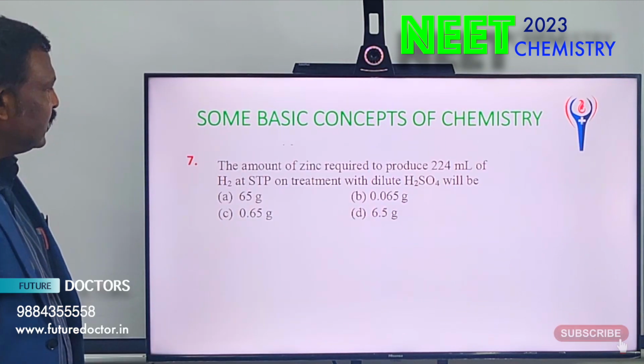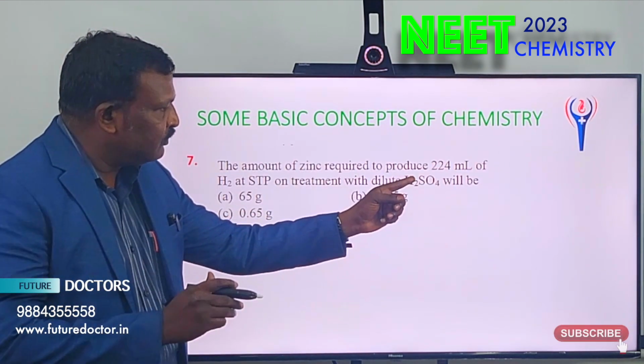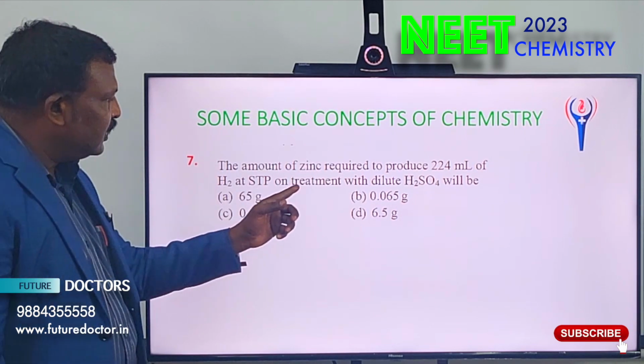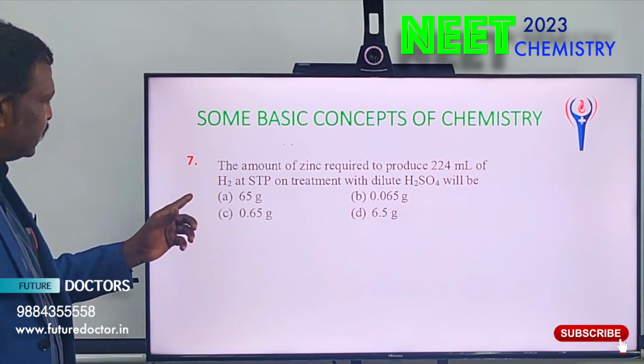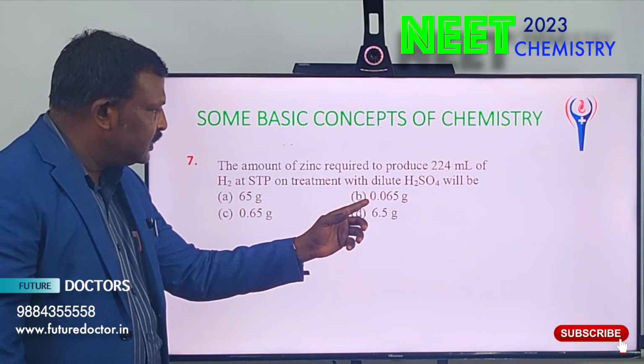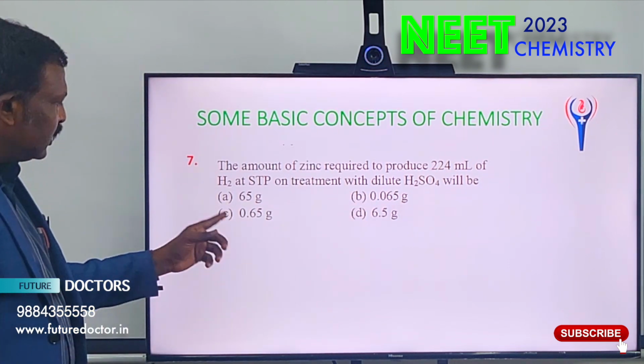Last question, seventh question. The amount of zinc required to produce 224 ml of H2 at STP on treatment with dilute H2SO4 will be dash. Option A 65 gram, option B 0.065 gram, option C 0.65 gram, option D